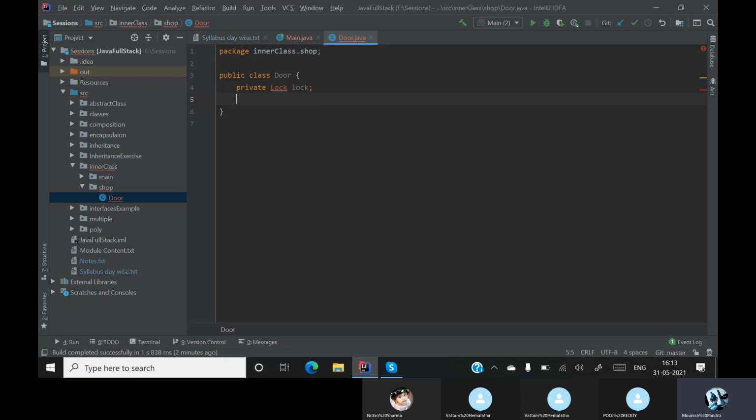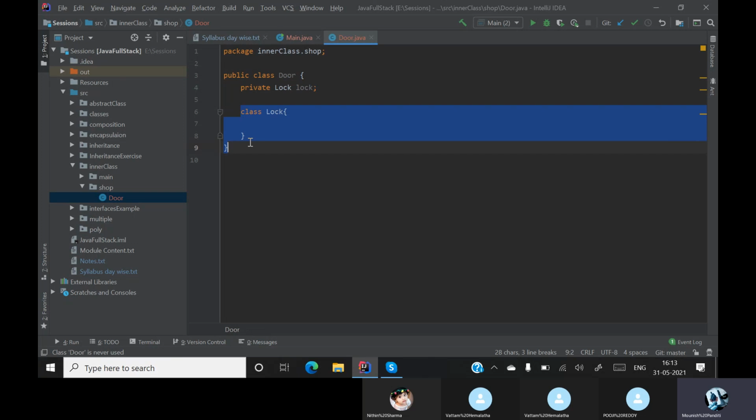So now what I'm doing is inside this class door, I'm creating another class which is my lock. So this is called an inner class. A class within another class. This is called an inner class.